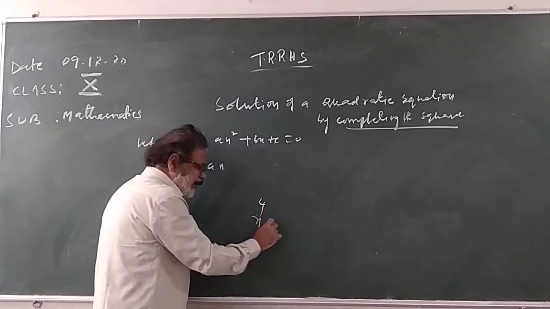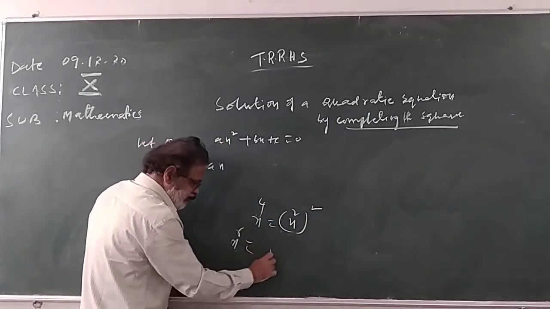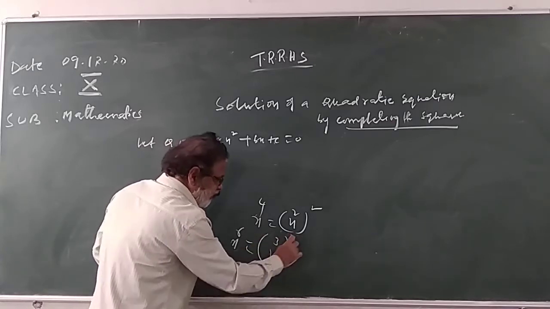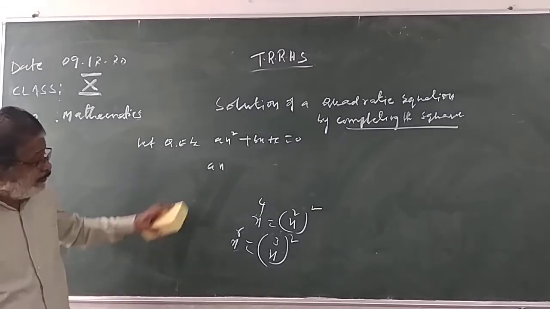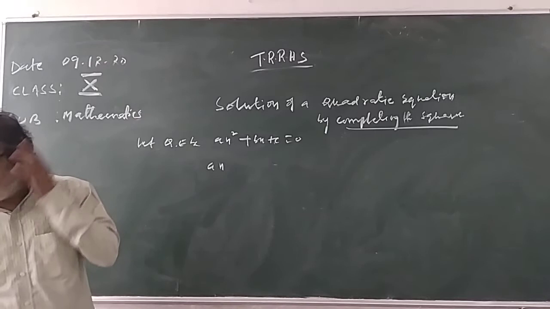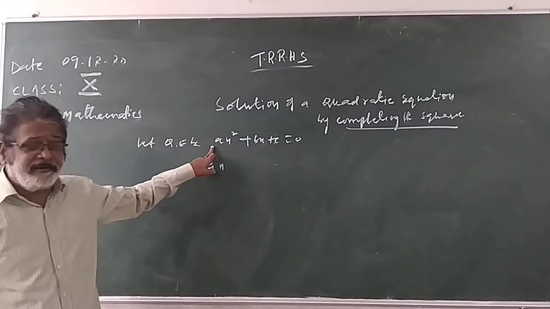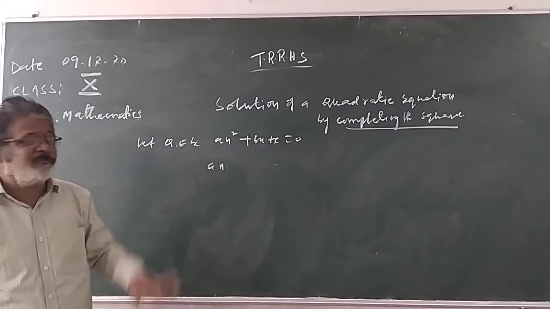4 is an even number. It can be written as x square whole square. x to the power of 6 can be written as x cube whole square. It is a perfect square. If the power is an even number, it is a perfect square. Otherwise, it is not a perfect square. The power should be an even number and the coefficients also must be. a should be eliminated here. When the a is cancelled, we will get x square only.